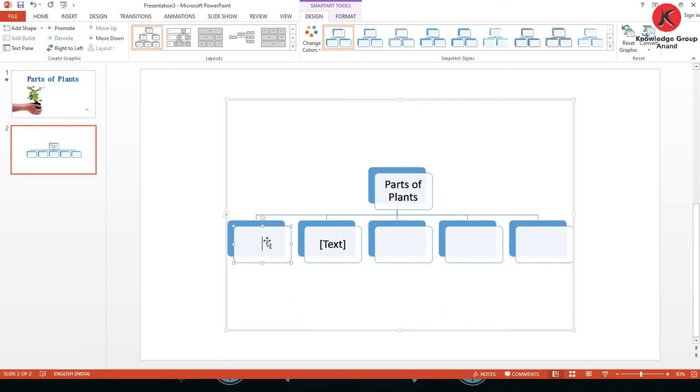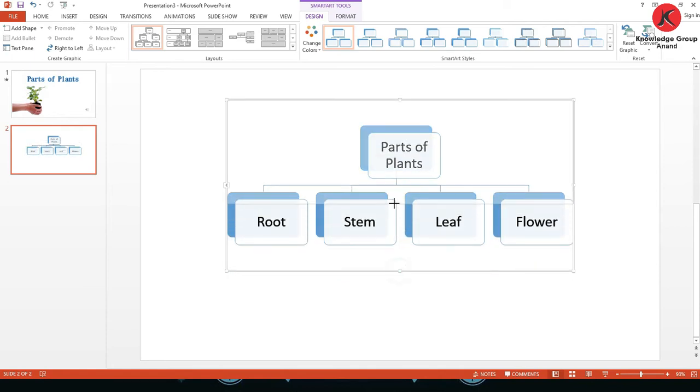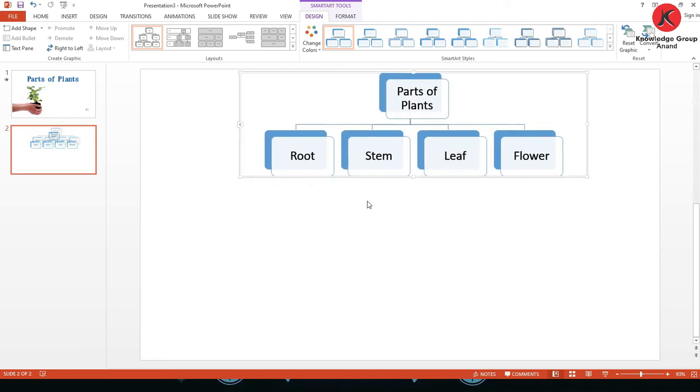Now click here and type root, then stem, then leaf, and then flower. There are only 4 parts, so we are going to remove this one. We can decrease the size by holding down this, and resize it. Move it to the top, parts of the plant.